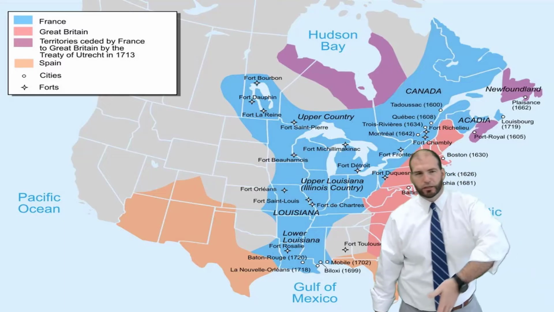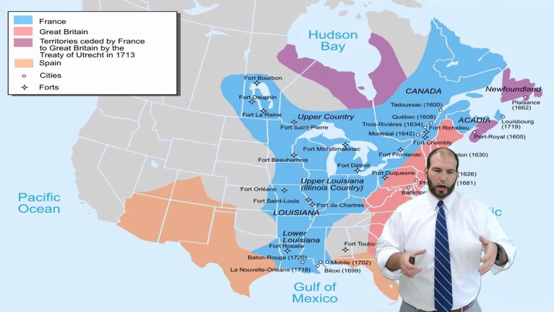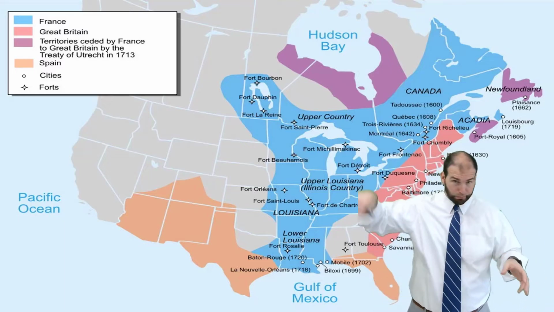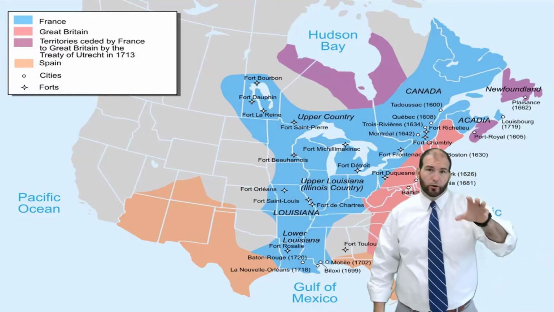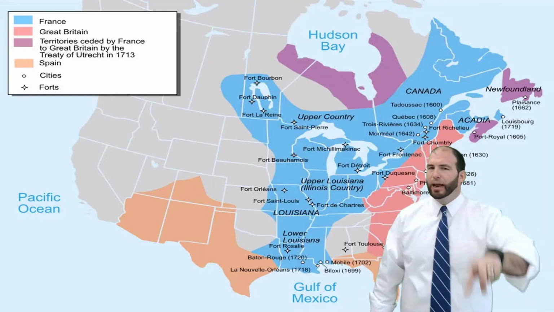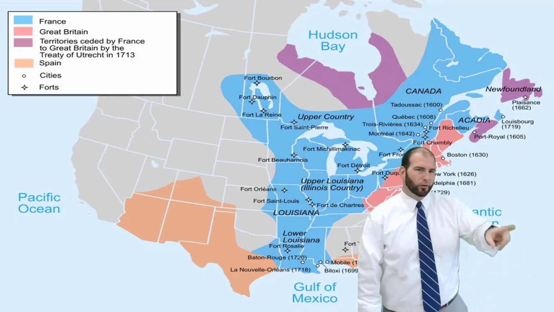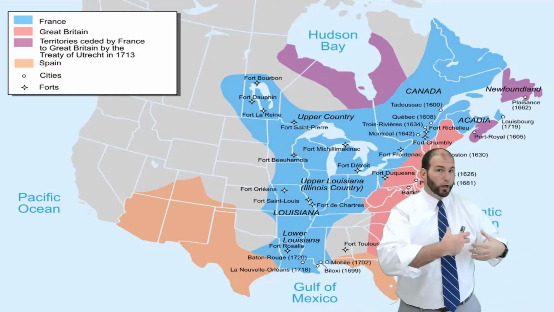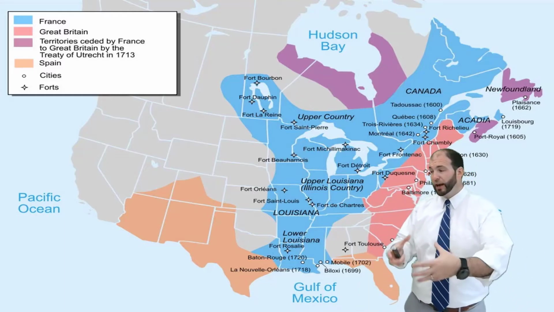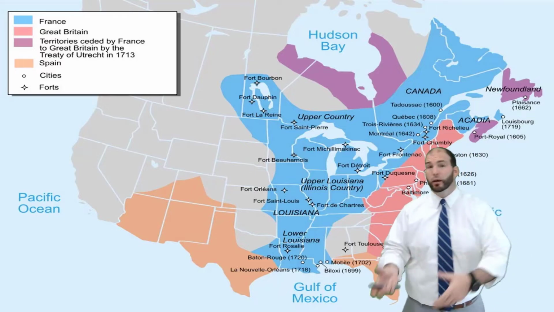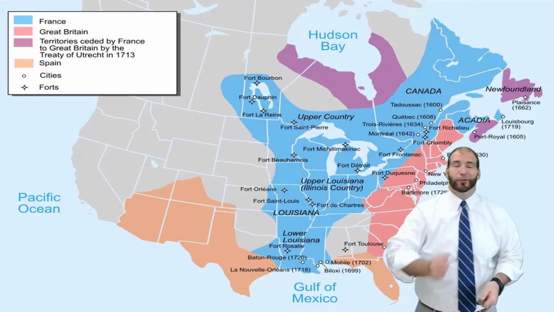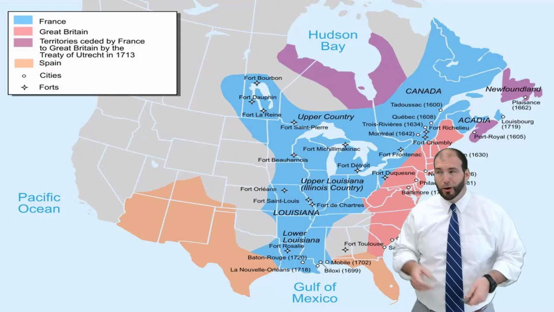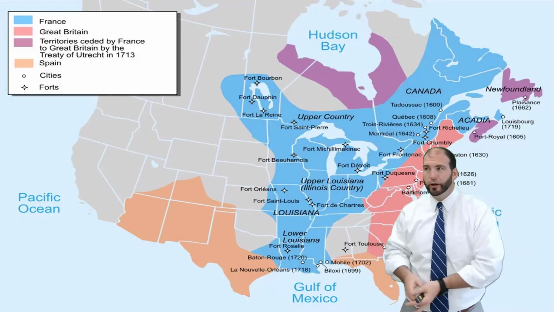So what France does is when they come over to the New World with their smaller army, because it's split up around the world here in the blue areas, they team up with the Native Americans and they tell the Native Americans, if you join us and we fight England and we win, we will give you back all this land that got stolen from you by the evil English.